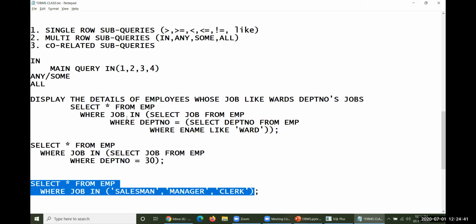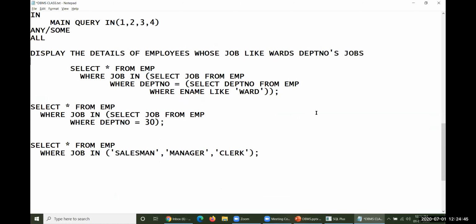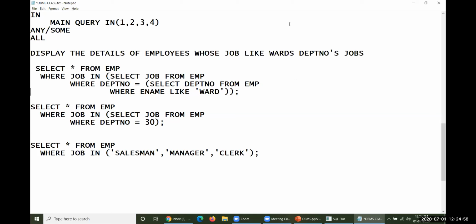In this way, from the explanation point of view, it could be seen like this. So you have to explain how the things are being evaluated or executed here. That is what you need to understand, so you have to take it into consideration.